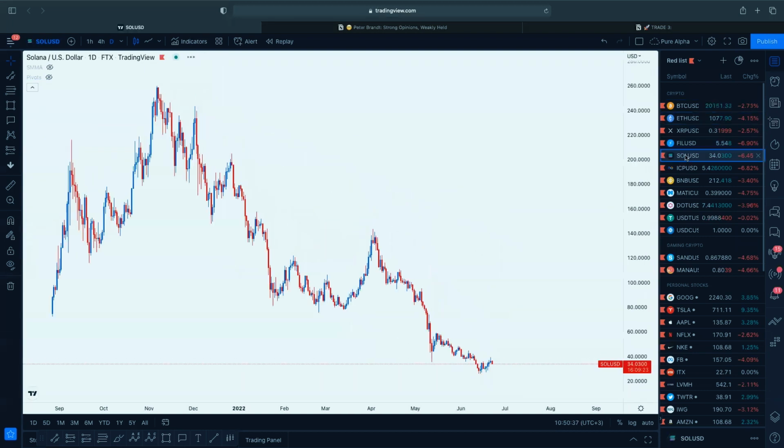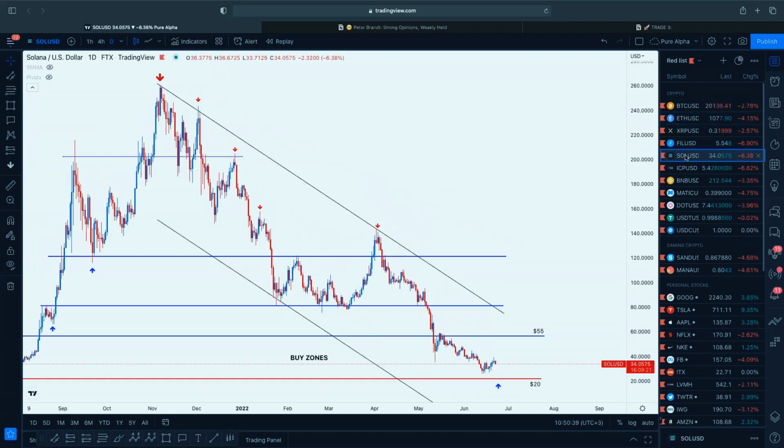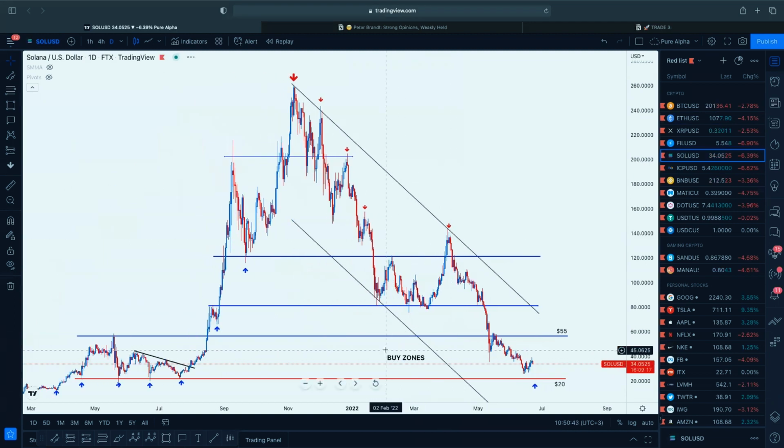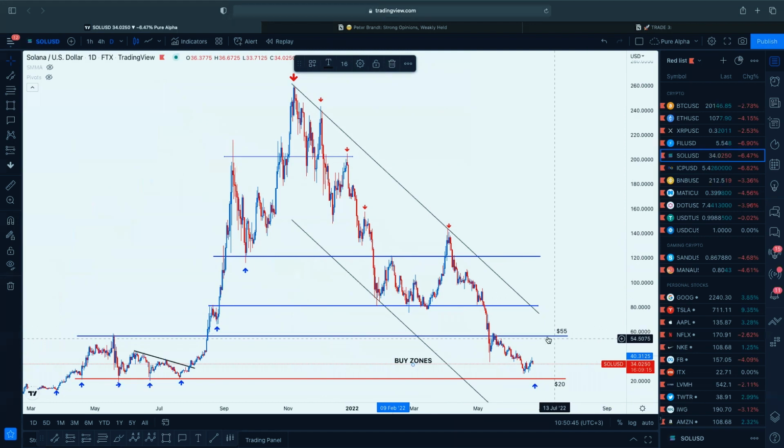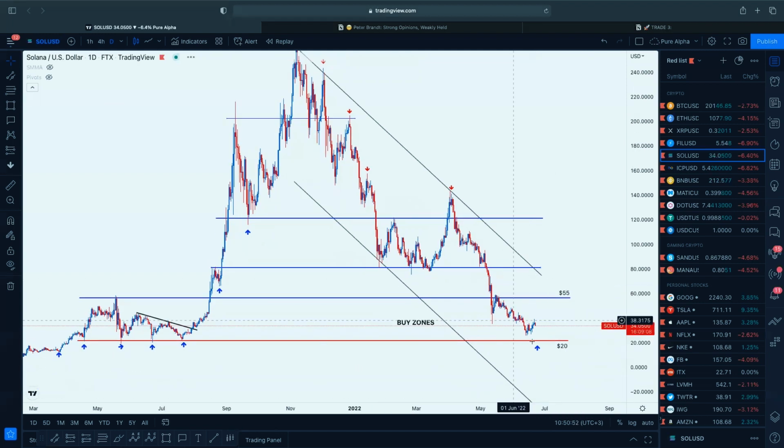Okay, but this is also good times to be paying attention. Can offer a very good buying opportunity. Like you can see on Solana, I have what I've said. These are buy zones. As long as market is below the $55 mark, you want to be dollar cost averaging around this level. Okay, the lower it goes, even the better. So you want to be doing that. So that's what I'm watching on these ones, but I don't have anything much to say about that.